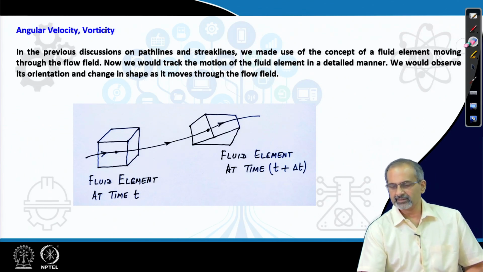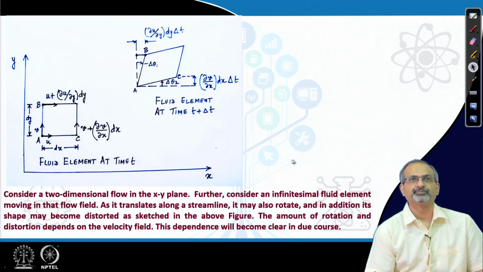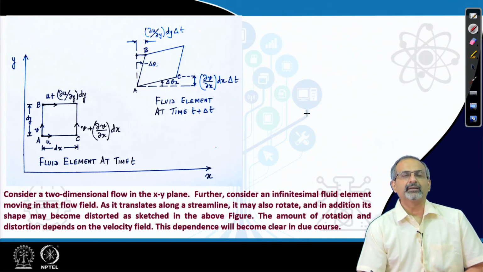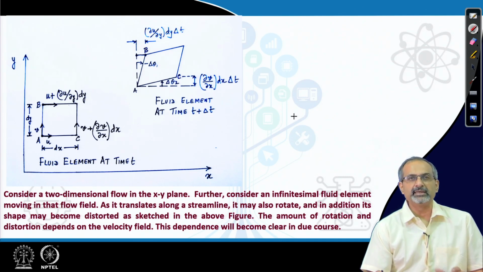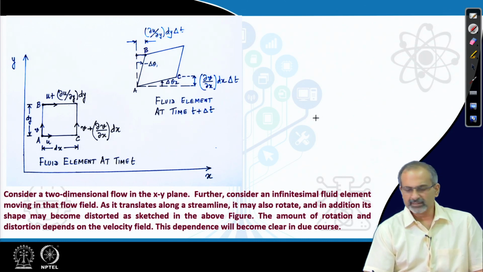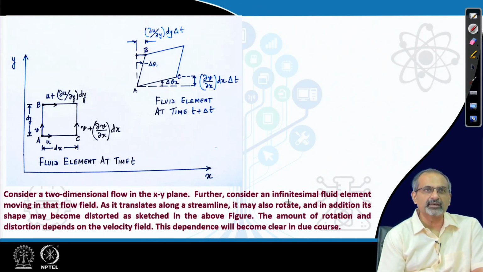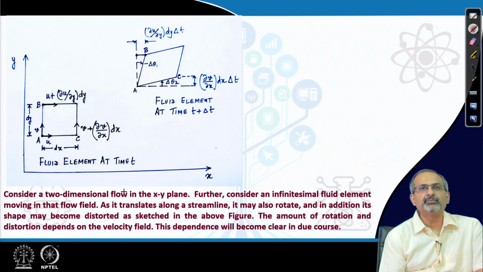For that, we will consider the problem as though it was a planar problem or a two-dimensional problem. So, instead of the three-dimensional fluid element, we are now looking at a two-dimensional element to begin with, so that we get the picture easily, and then we try to extend it into a three-dimensional situation. So, we see a fluid element which is conveniently taken as a square or a rectangular element, just because of some of the conveniences associated with this simpler shape, and then we follow it from time t to t plus delta t.